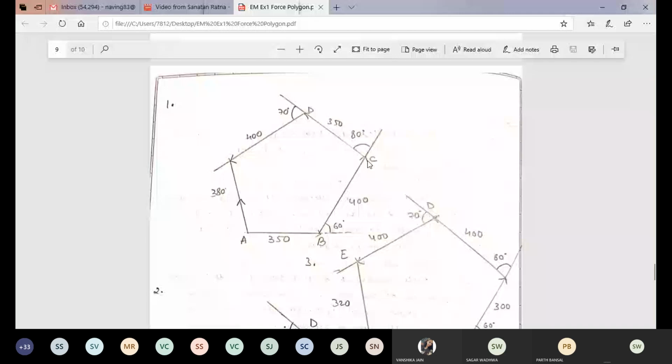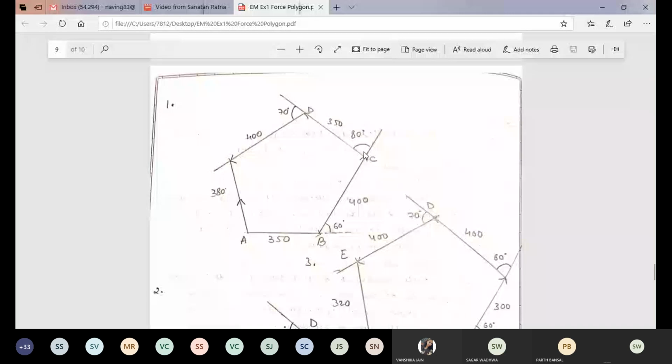So BC you have to see 400, that means that has to be 4 centimeter here. So this is your BC, and comes to the third one, CD. Again, making this line as a reference line, the angle is 80 degree. Put the protractor at the point C and from point C take the angle 80 degree and draw a line,